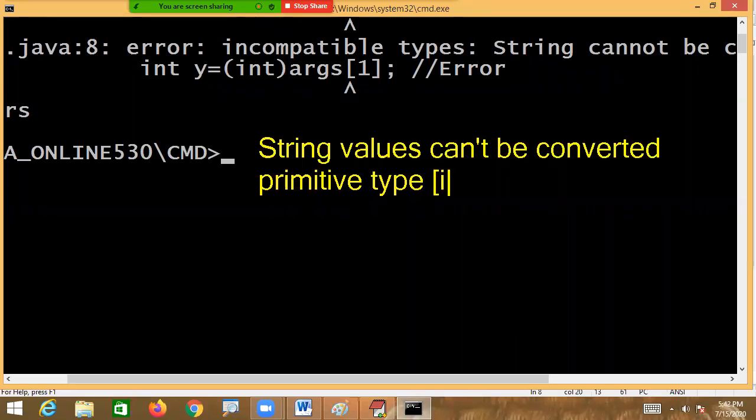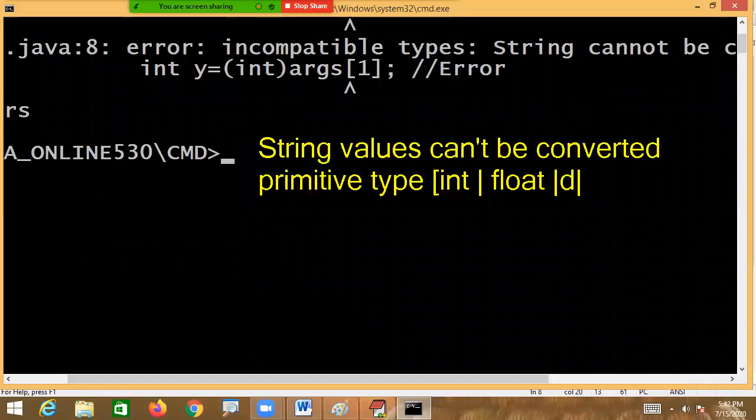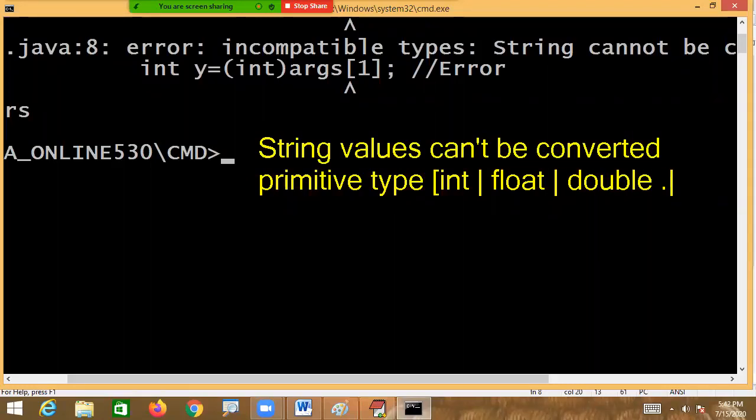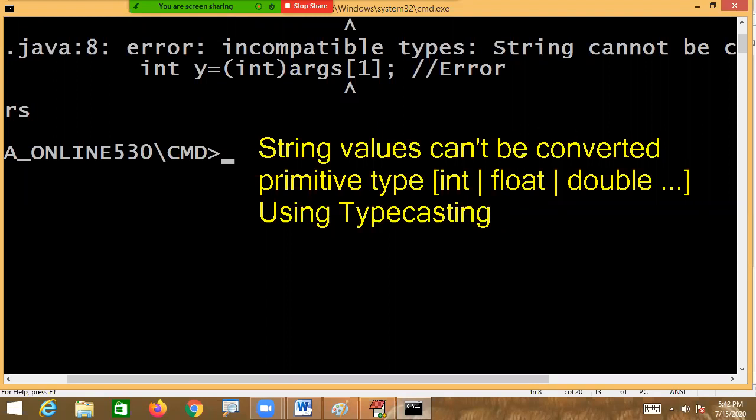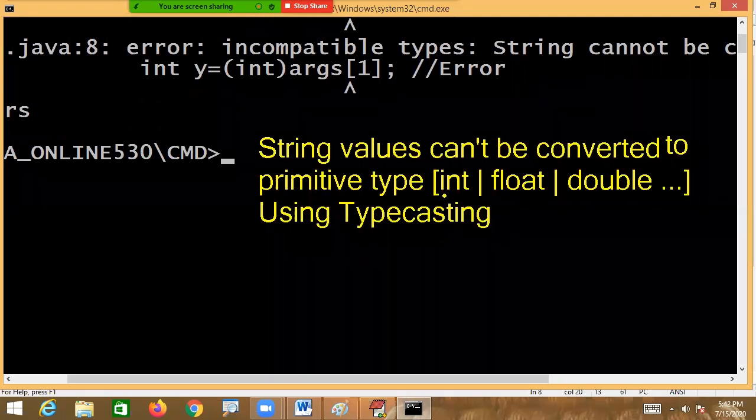Primitive types means int, float, double. String values cannot be converted to a primitive type using the typecasting mechanism.